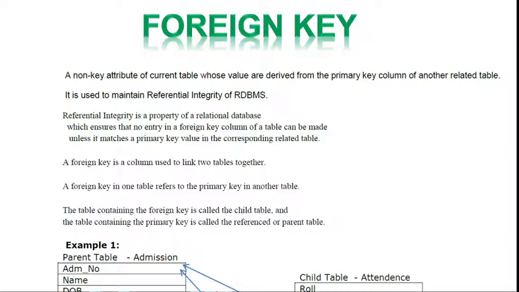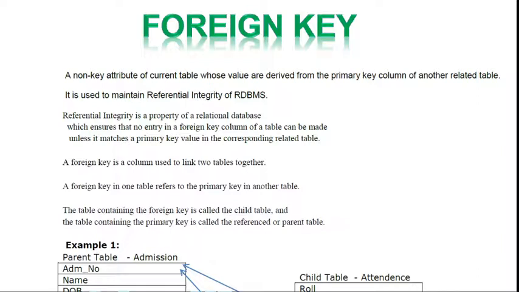Another related table means the parent table. Okay, so whatever the data are stored in the primary key of parent table, that much can be stored in the child table. No extra data, no additional information you can store in the child table. If you want to store any extra data, then you need to add in the parent table first.